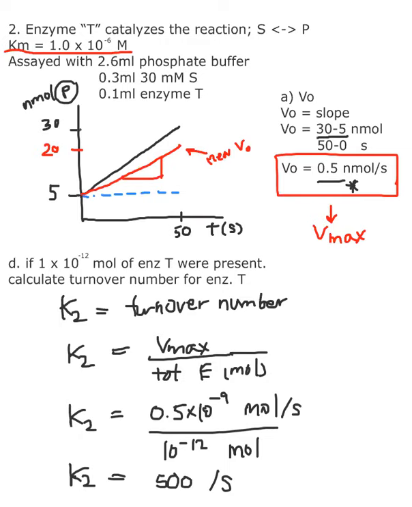If you want to calculate the turnover number per minute, you can also multiply by 60 to convert into minutes. So it would equal 500 times 60, so you get 30,000 times per minute. Okay,